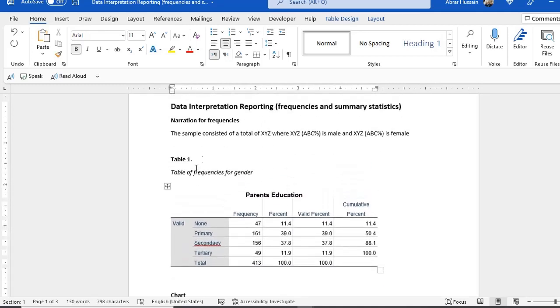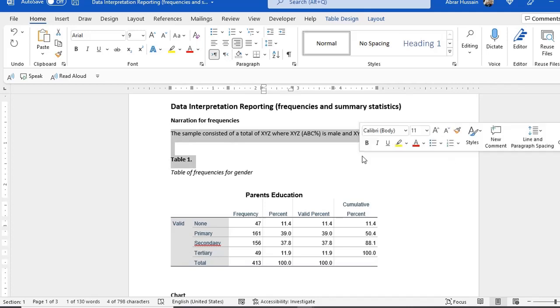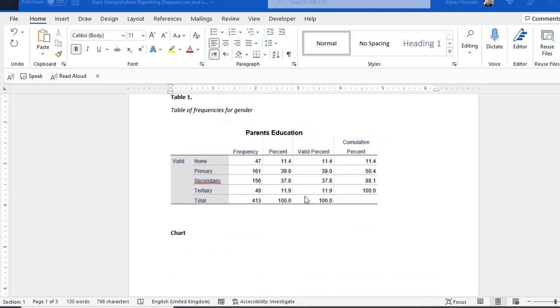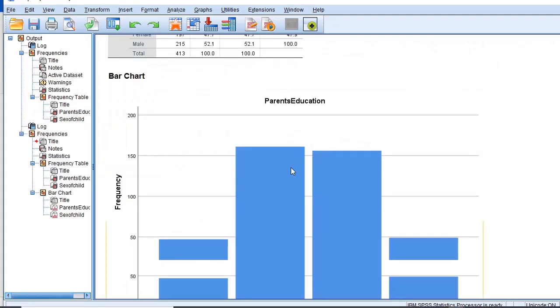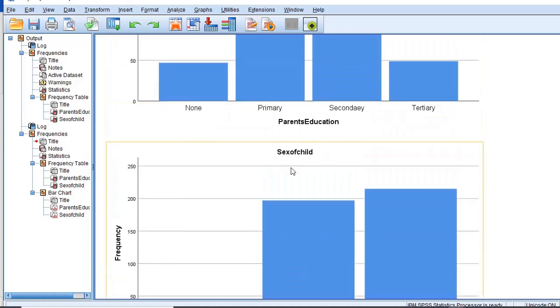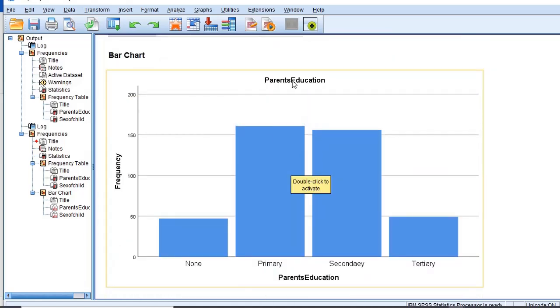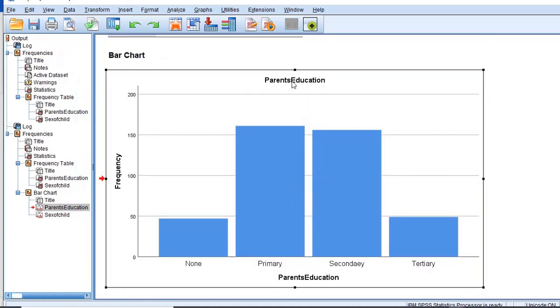And now here you can interpret that 11% of the respondents have no education, 39% have primary education, 37% have secondary education. And in this way, you can interpret all your data in the narration. Then you give a table, and then here you can give a chart also. Now here we have the bar chart for education. You can see. So just click, copy,